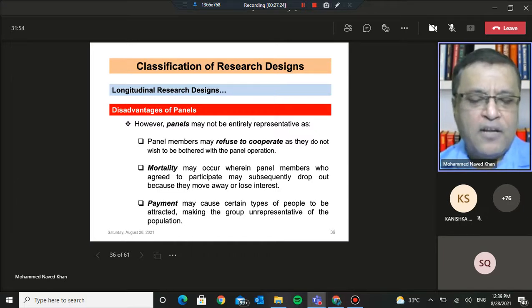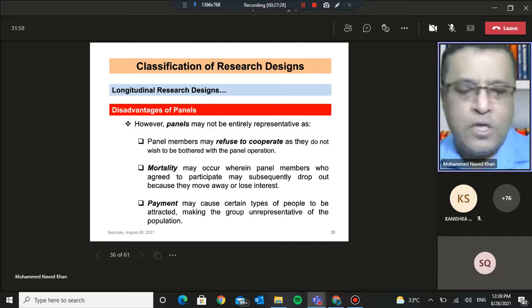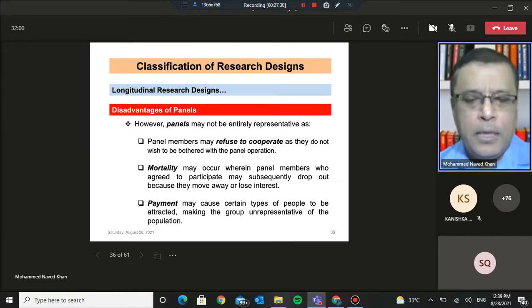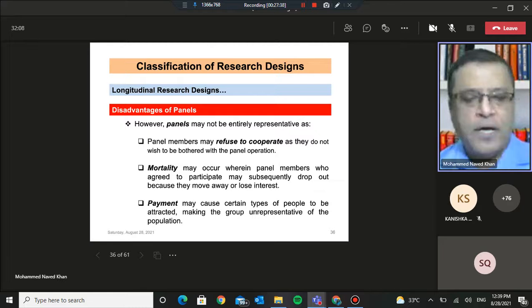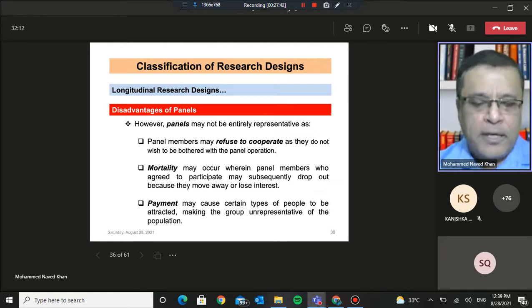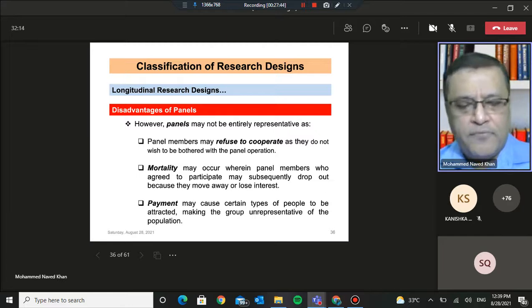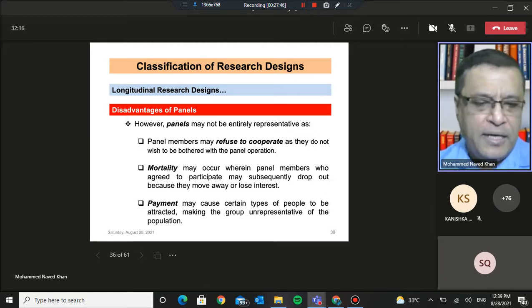Another possibility is that of mortality. Now, when does this occur? For example, if somebody was part of your panel because he or she was a doctor residing in Delhi. So that is why the person was part of the panel. Suppose the person shifts residence from Delhi to Mumbai. Of course the occupation has remained the same.